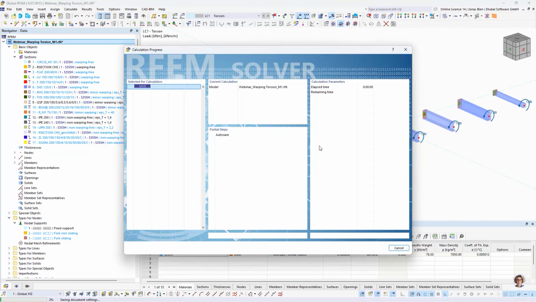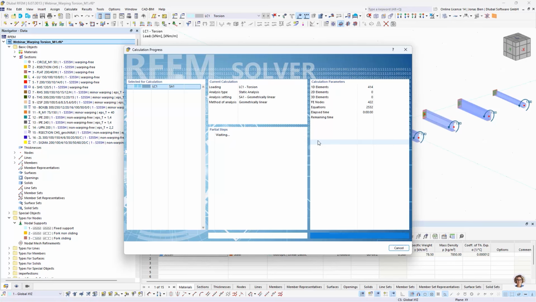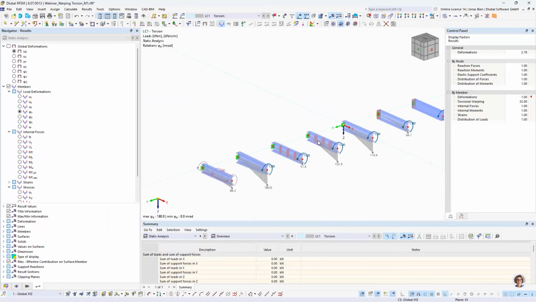Okay, now actually let's run this calculation and again check how those manipulations affect the